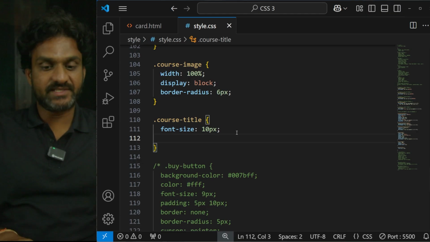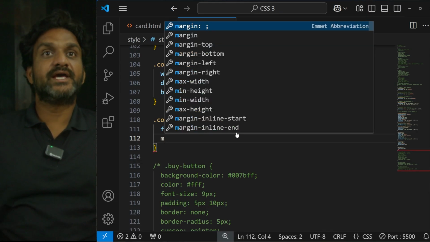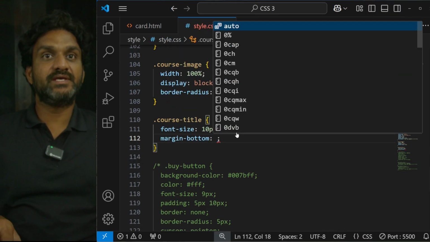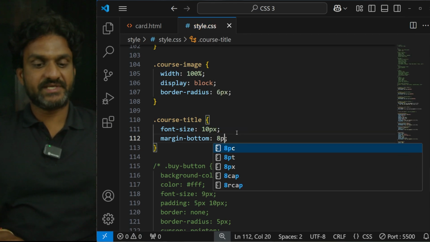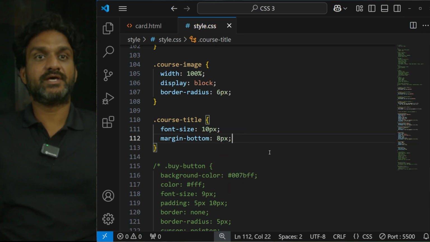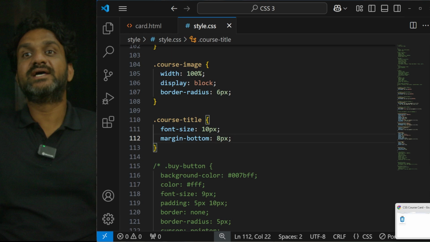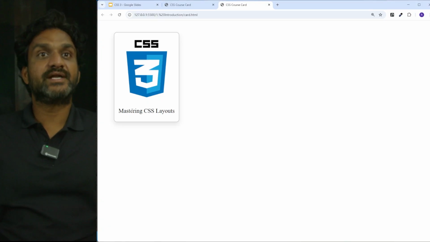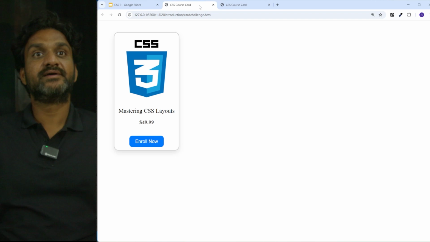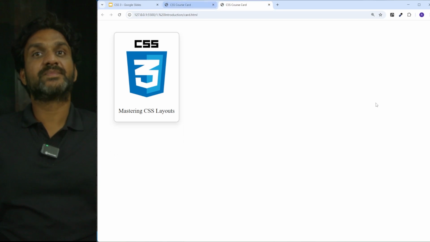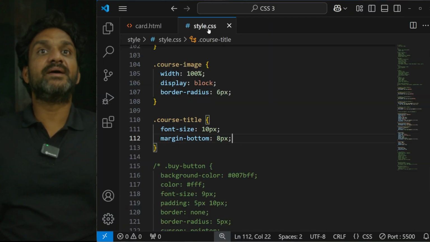But there is a margin at the bottom. We will take margin bottom to be 8 pixels. Okay, so with this the title has been styled. So the title is 10 pixels and a margin of 8 pixels has been created. Okay, looking the same. Okay, and next is a paragraph